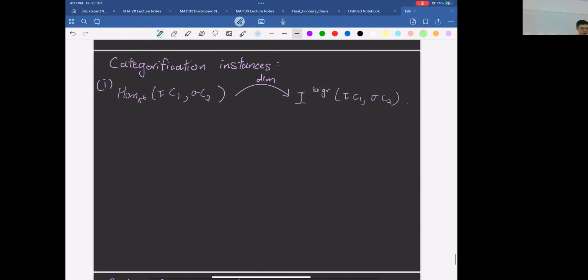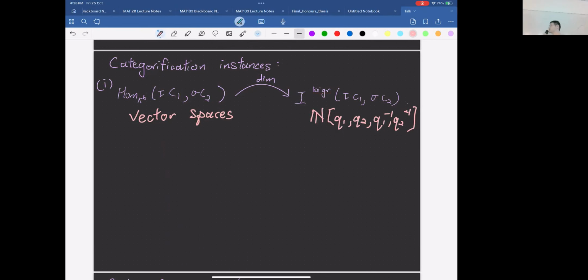So okay, come to the main dish now. What's the categorification instance here? One thing you can see from the Poincaré polynomial is that if you compute the dimension of your Hom space, the graded dimension is the intersection number there. But you can see that this Hom space here is some vector spaces. What's this intersection number here? These are natural numbers that are graded. So these are the graded intersection numbers. So you can see that there's some positivity here that we can refer to.